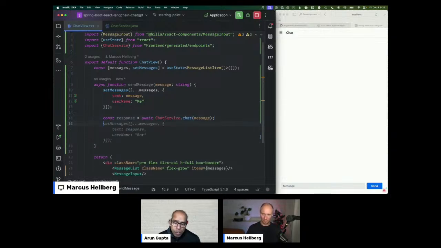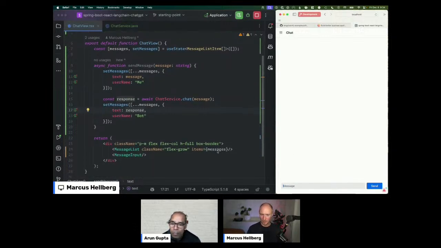So once we have the response, we want to do this. We again do the exact same thing, except we now pass in the response as the text and say that the bot was who wrote this. So if things went well and the demo gods are on our side, we should be able to say something fun here. Let's find out. Tell me a joke. Let's see if that works.